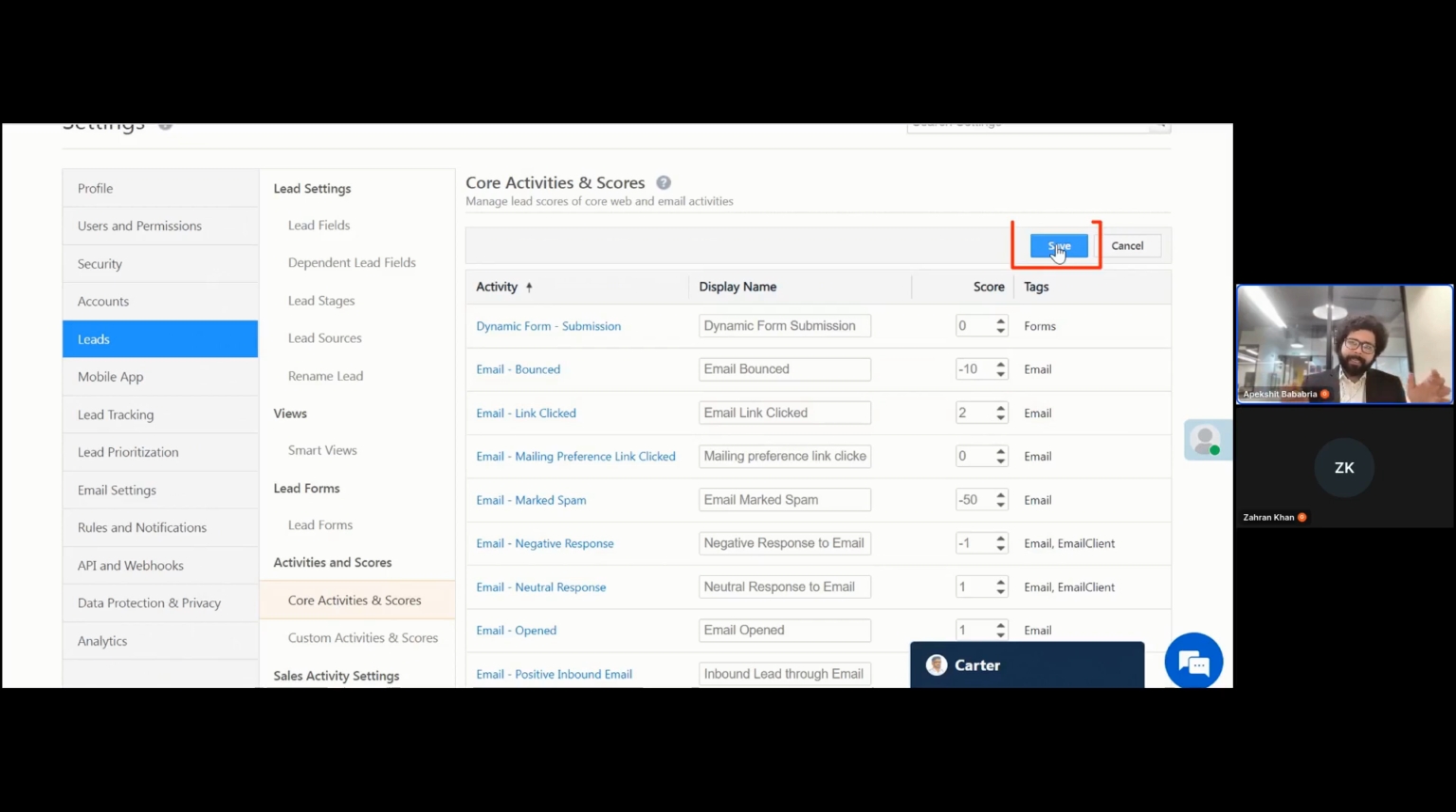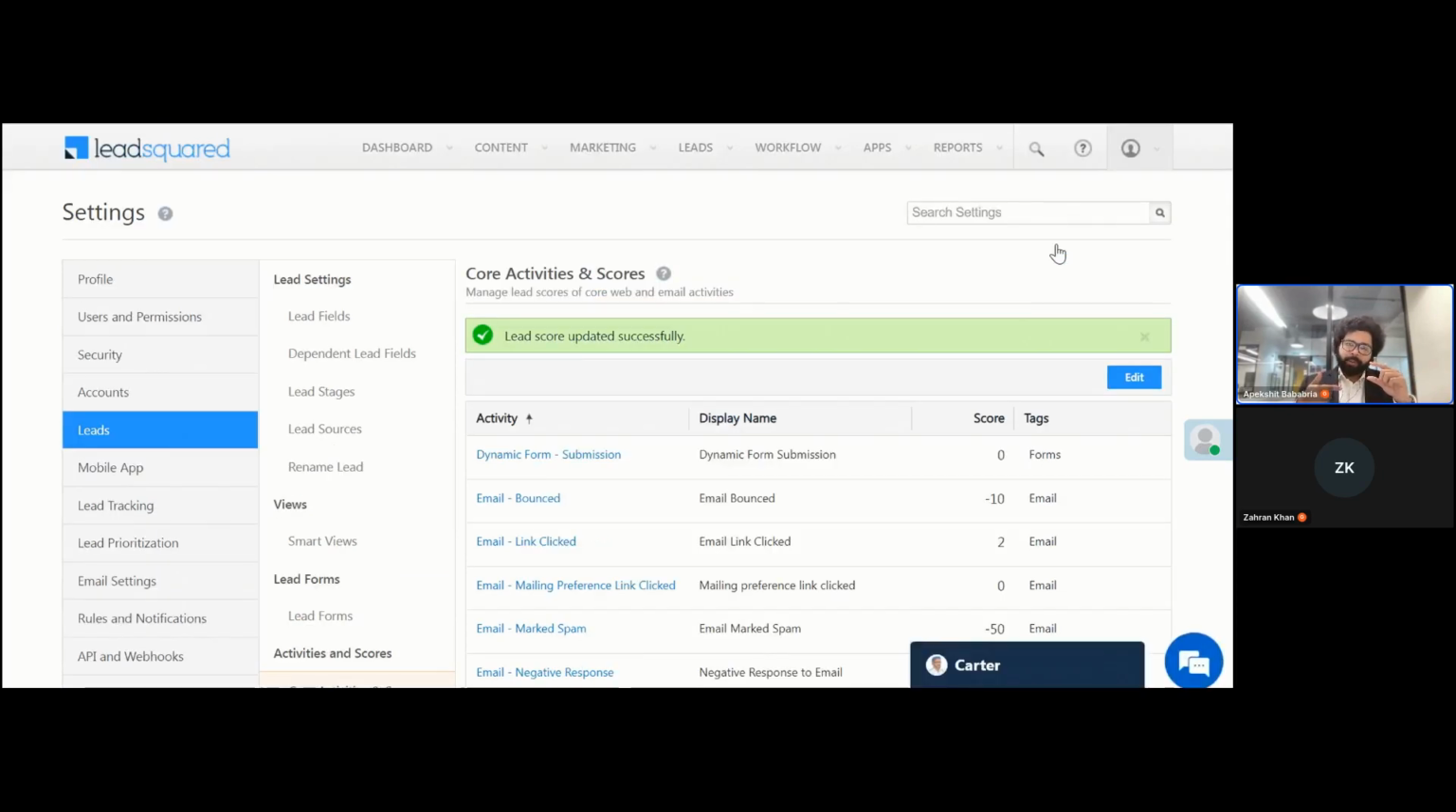Let's say if there are leads that might not be interested, you can set certain automations that will move these leads out of a campaign or out of a list, right? And you're optimizing your spends over there because you're not targeting these leads anymore. So we are looking at an end-to-end optimization. Right now, we've updated the value of a core activity,